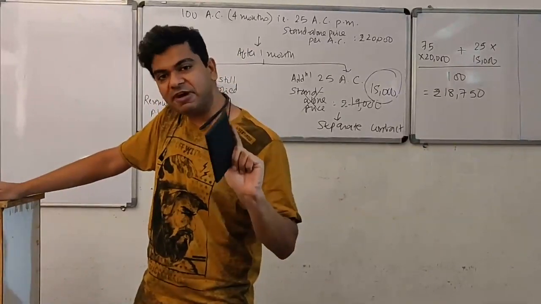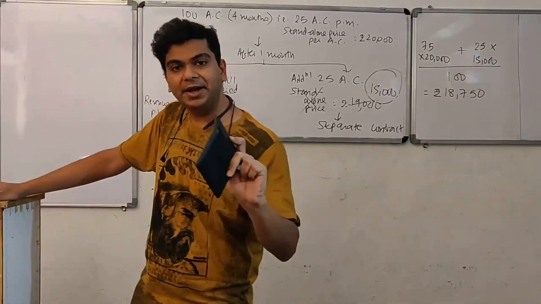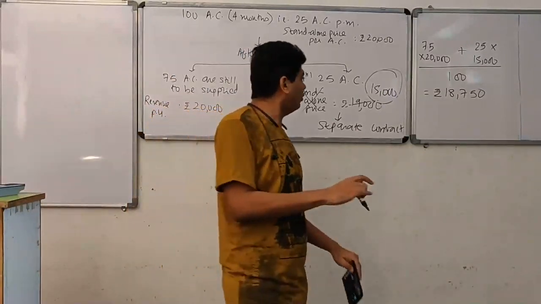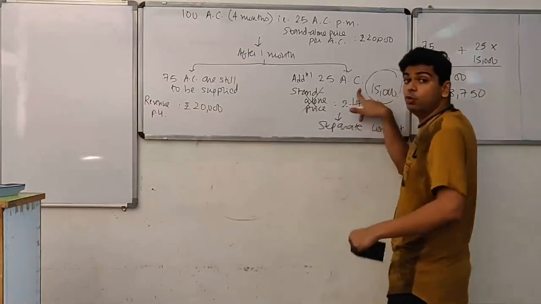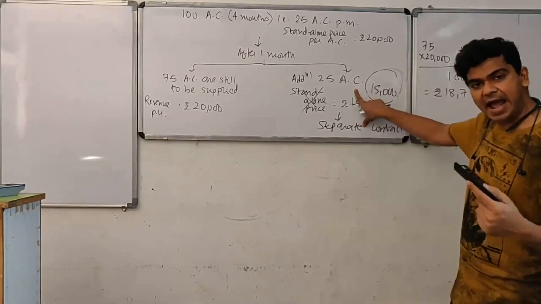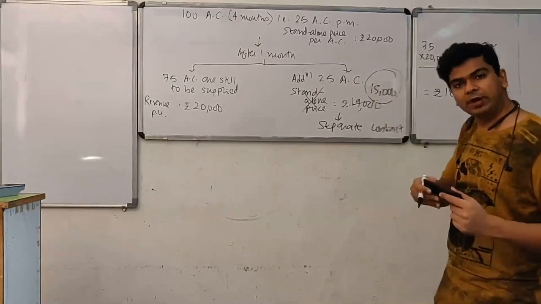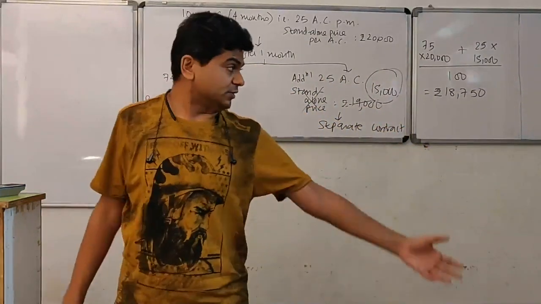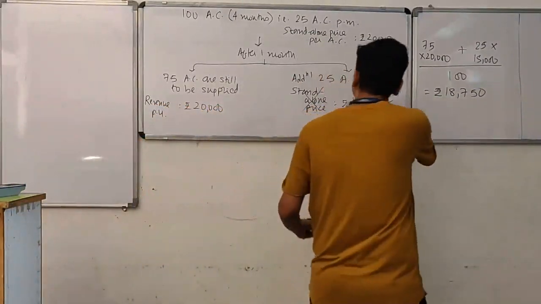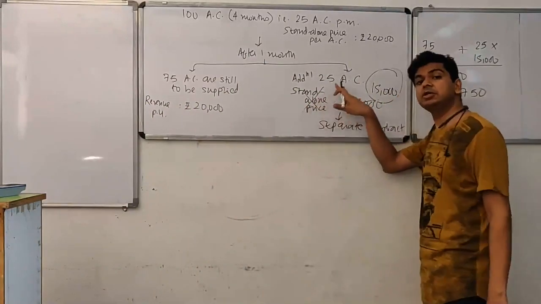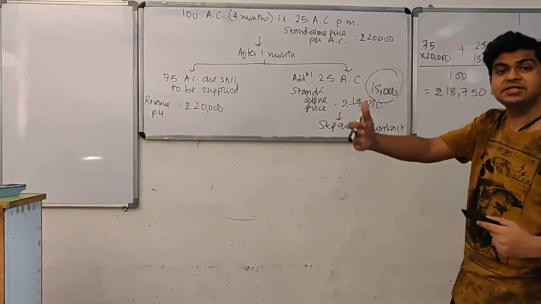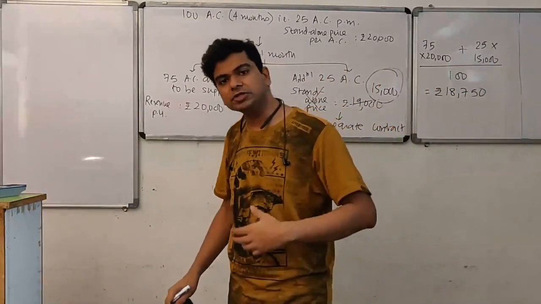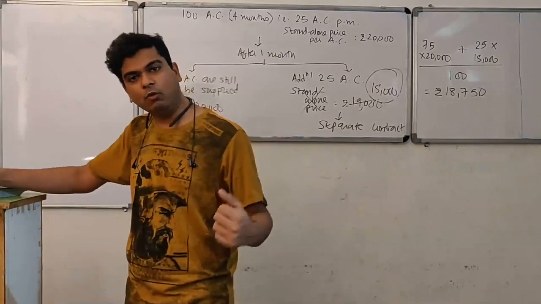What Ind AS 115 says, now we will look at the conditions which are there in Ind AS 115. Ind AS 115 says that if the scope of the contract increases because new goods or services are added, that condition is getting fulfilled over here. I am placing an additional order of 25 air conditioners. So the scope of the contract is increasing, but consideration does not increase as per the standalone price, then consider it to be an extension of the original contract. And that's exactly what we do over here.